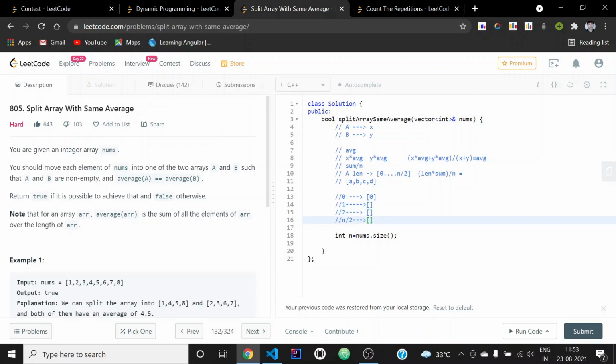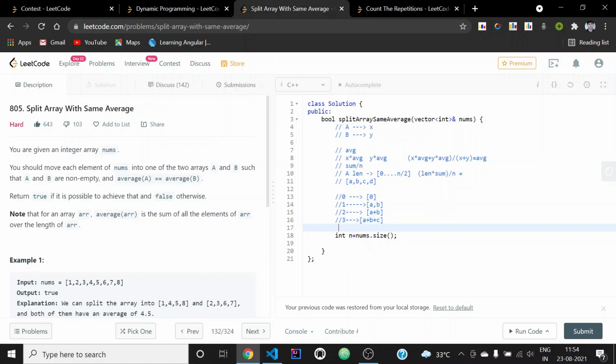So for n by 2, I will be checking whether the previous has got any elements or not. It has got none. Since the others are also empty, I will just be adding A to this zero element and updating it to A. Now it's time for updating all the combinations till element B. I will do the same. Since all these are empty, I will add B to A to make this, and I will be adding B to 0 to make this. And similarly for C, since it has got A plus B, now this becomes A plus B plus C.